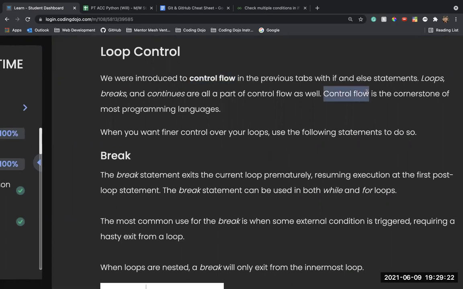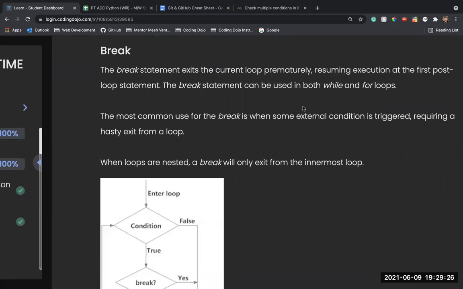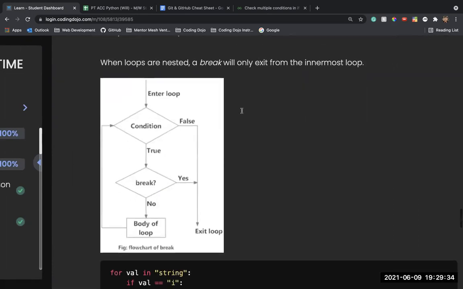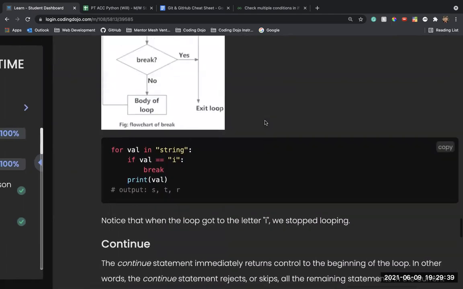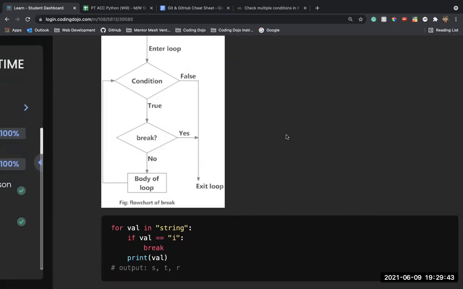The control flow is typically a conditional as well. Like when I was teaching Go for Microsoft, Go's control flow included if. So I'm curious to see if Python does. And you're right, it'll just do the innermost. So it's just a scope thing.